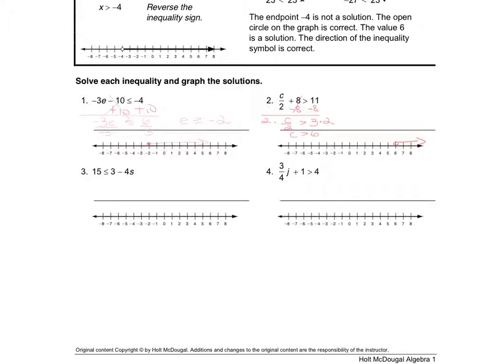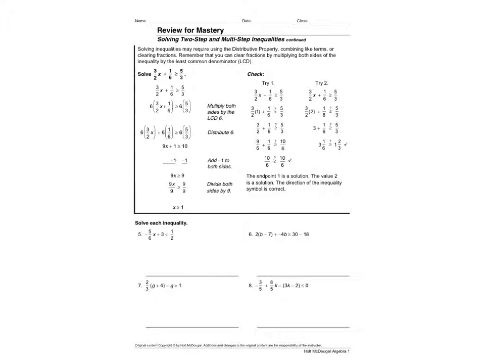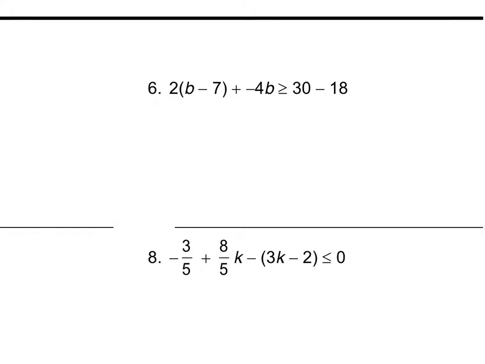All right, now, also on Canvas, attached on the last page, see what's on the second page. It's the same thing, but it's dealing with fractions. And you may also have to distribute before you multiply or combine some like terms. So let me try number 6 here. First thing I'm going to do is distribute. So the 2 to the b, the 2 to the negative 7. So I get 2b minus 14 plus negative 4b greater than or equal to, and I'm actually going to subtract